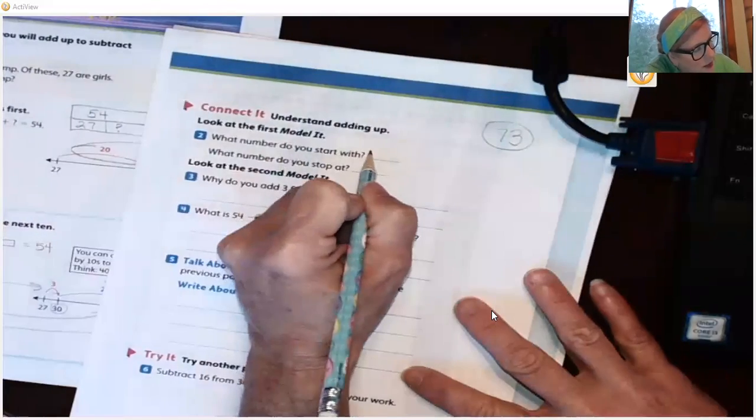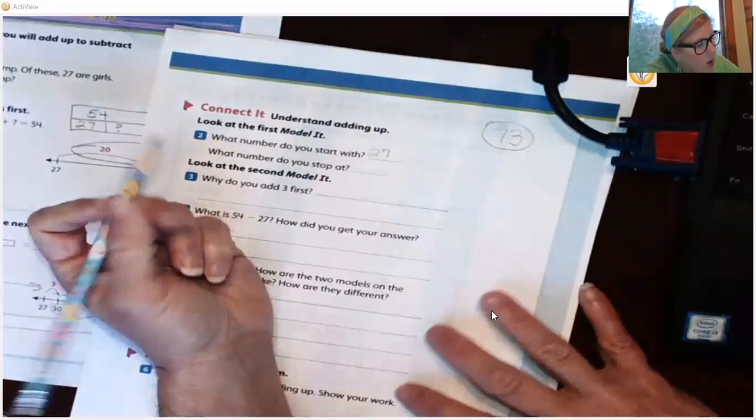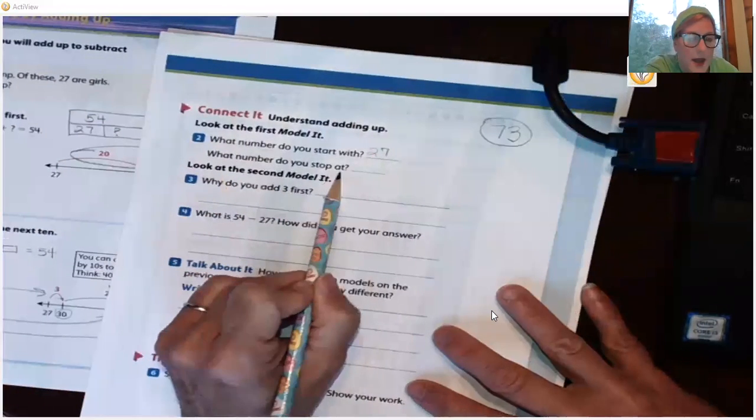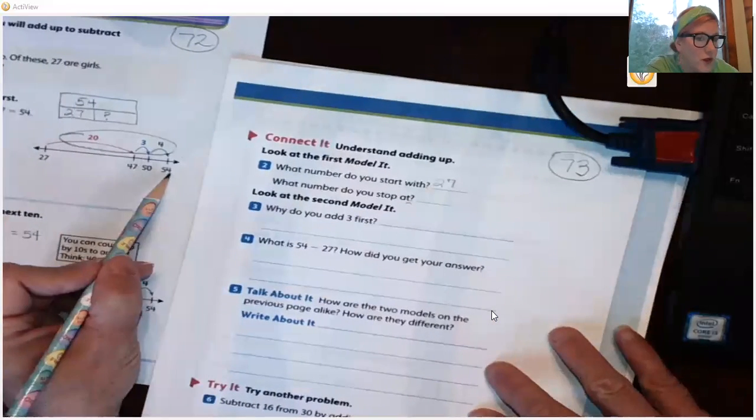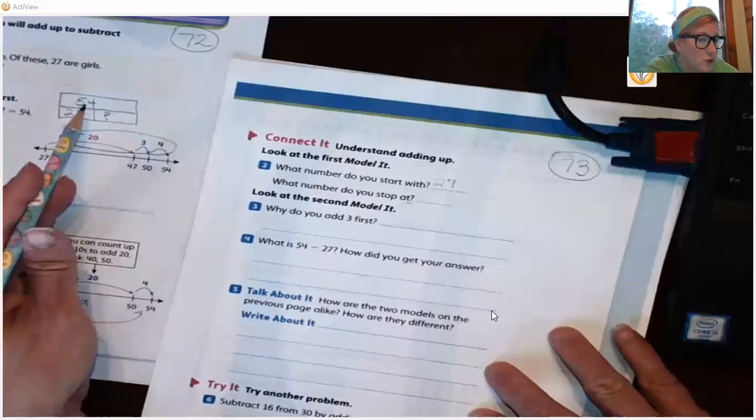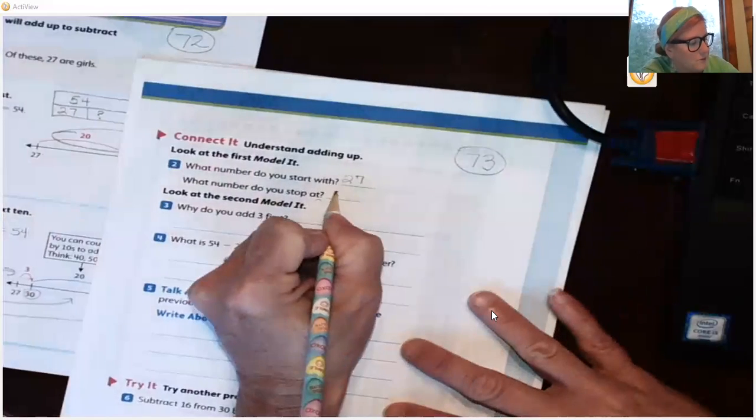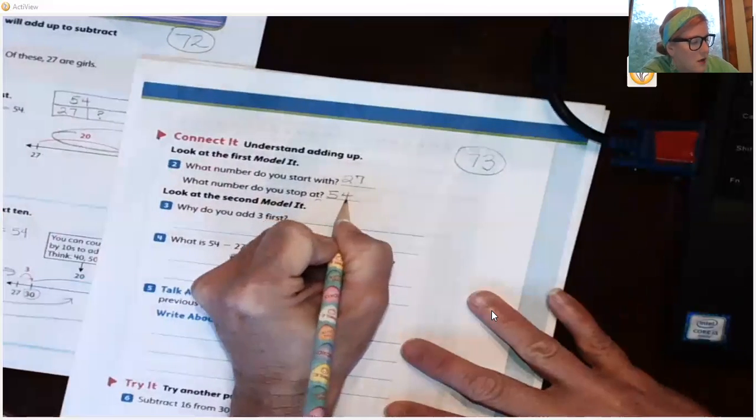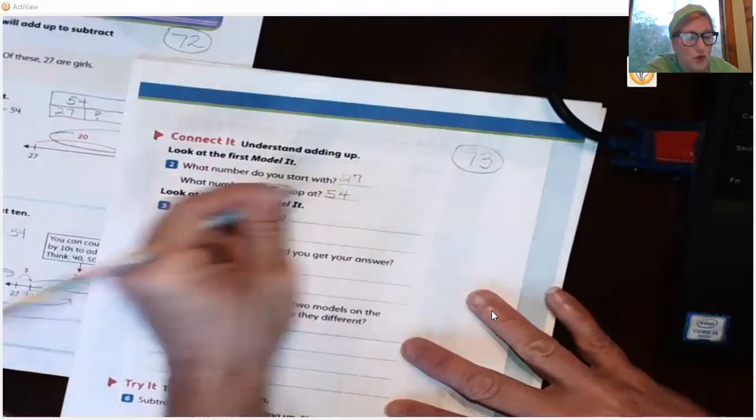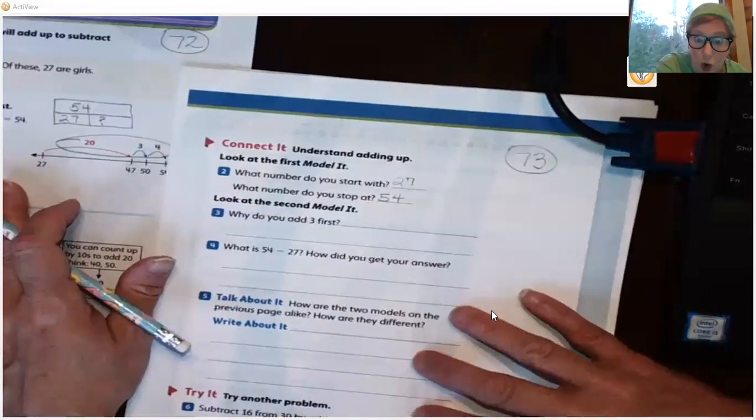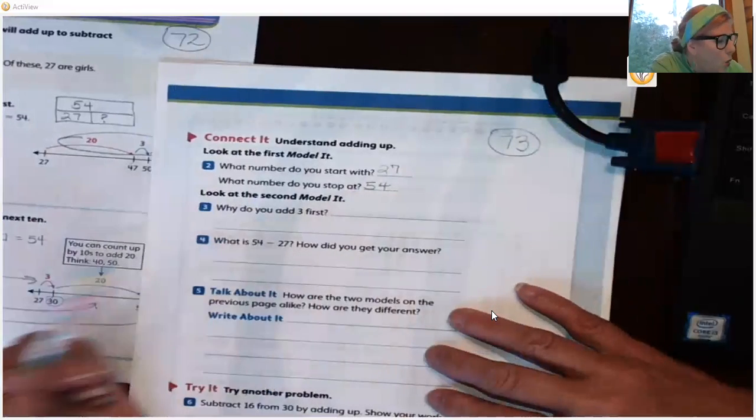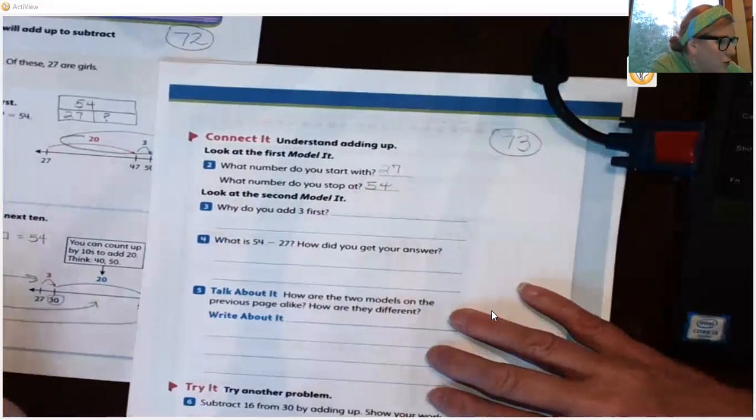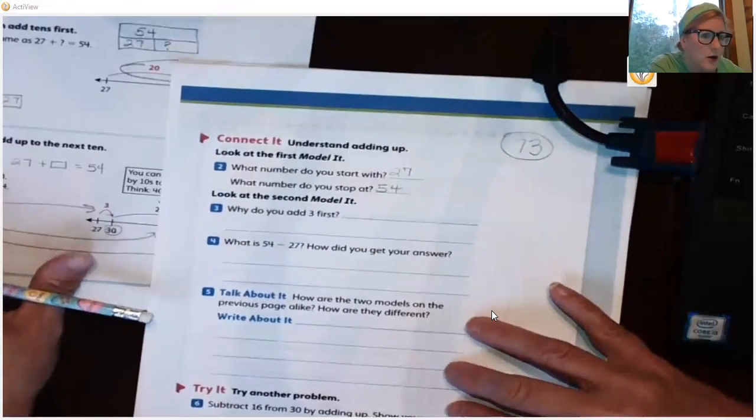Okay, so 27 right here. What number do you stop at? Remember, we stopped at 54. That was the total. We had 27. We stopped at 54 because that's the whole. And we're trying to find out the other part. But look at the second model it. Why do you add 3 first? So down here,